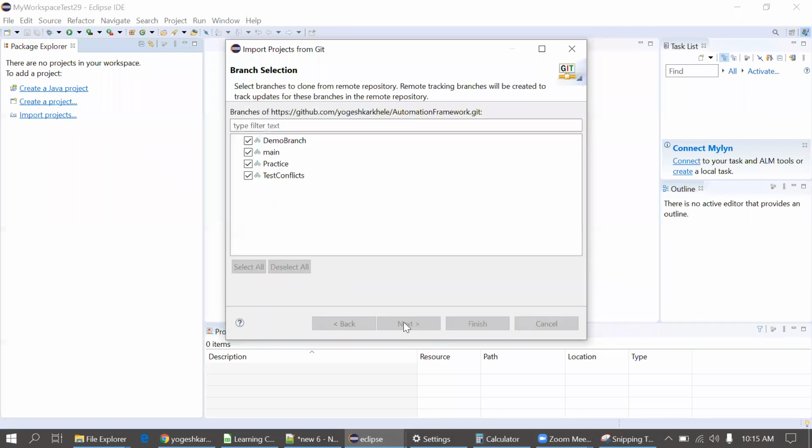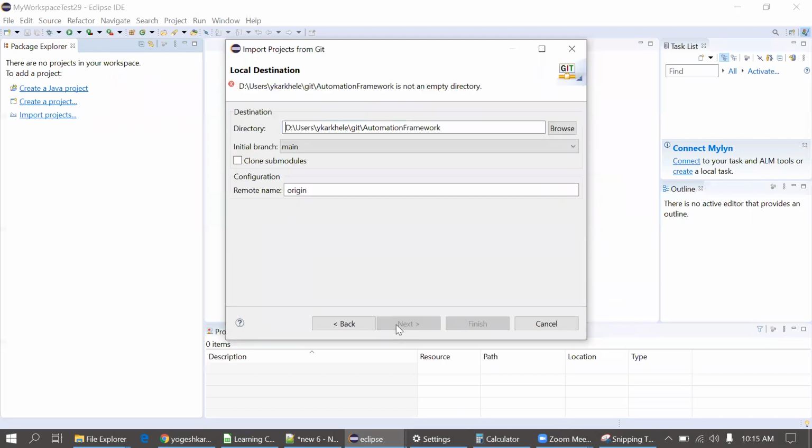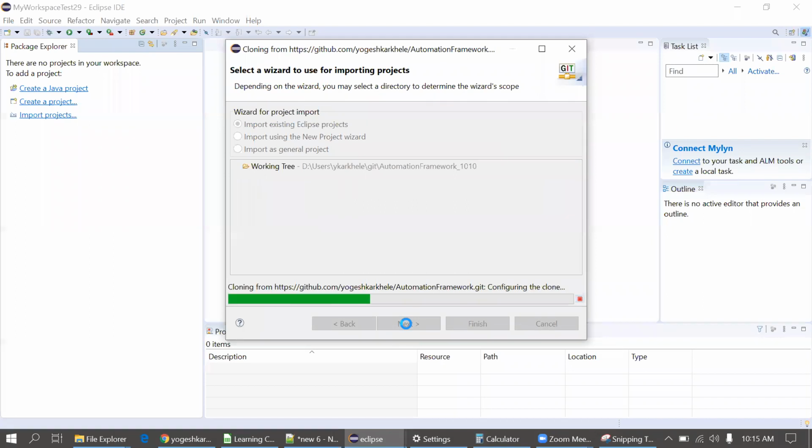Click on next. Now I'll select the main branch which I want to import into my local system. Next. It is showing an error because it's the same name, so I'll put some other number, like 1010. Next.